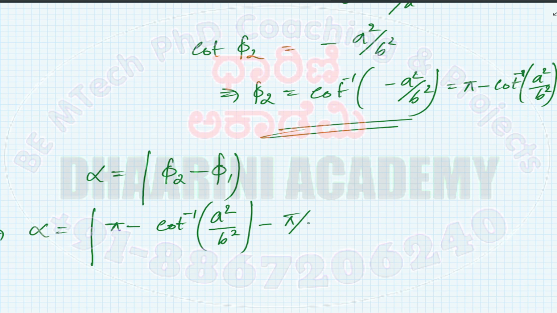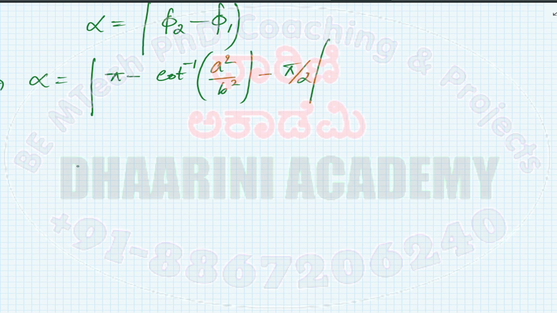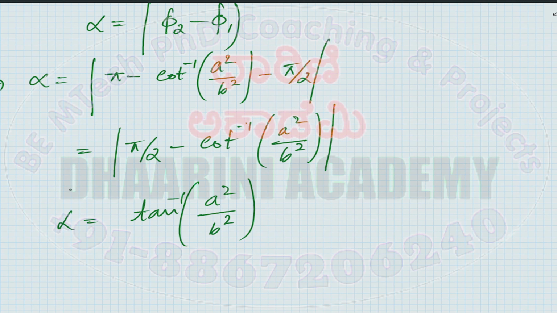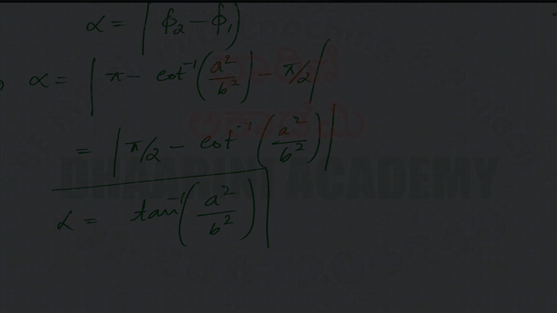If you check, we got pi by 2. That's the alpha. Okay, let's simplify this further. So this is equal to pi minus pi by 2, which is simply pi by 2, minus cot inverse of a square by b square. So 180 minus an angle is nothing but a tan function. So cot inverse can be replaced by simply tan inverse. So this is tan inverse of a square by b square. So from the basics of trigonometry, if we apply